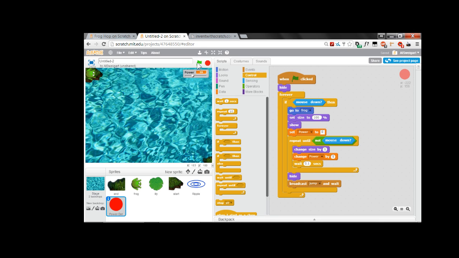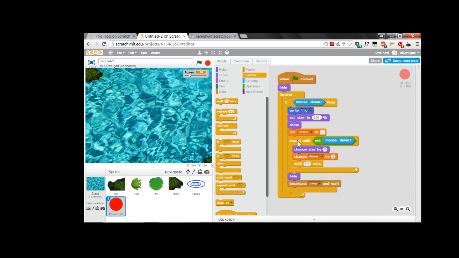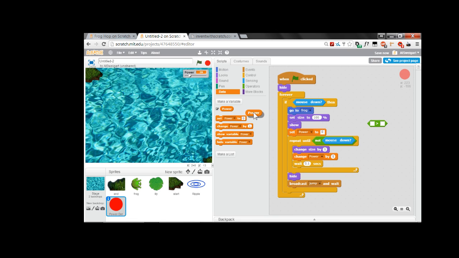We also don't want the user just to be able to constantly hold down the mouse button and make a super jump, because then the frog would move from the starting point to the ending point in one jump. So we're going to have to put some sort of limit on it. So go back to the power dot code, and let's change this so that this will repeat until either the player has stopped holding down the mouse, so the mouse is not being held down, or if the power level is greater than, I don't know, say 40. So we'll need one of these blocks. So if the power level is greater than 40, so go to the orange data section for a power block. So if the value in power is greater than 40,